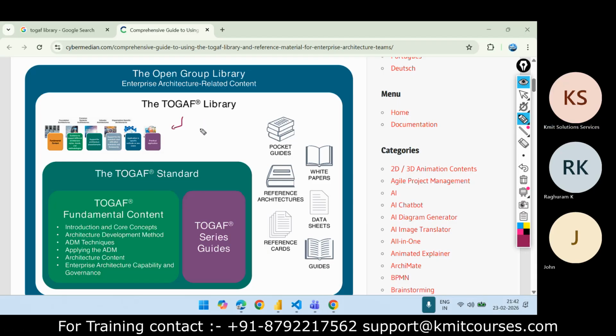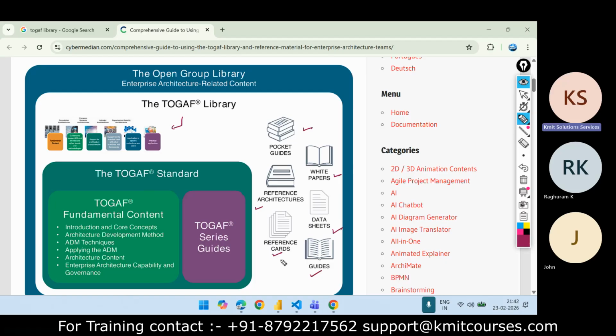Here you can see pocket guide, white papers, reference architectures, reference cards, data sheets, guides, etc.